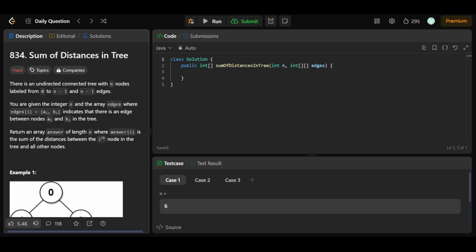So hello people, today we'll be solving the LeetCode daily question 834, Sum of Distances in Tree. We'll be given an undirected connected tree with n nodes labeled from 0 to n minus 1 and n minus 1 edges. We'll be given an integer n and the array edges, where edges[i] equals [ai, bi],